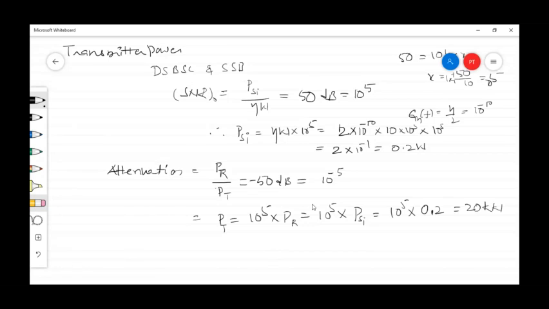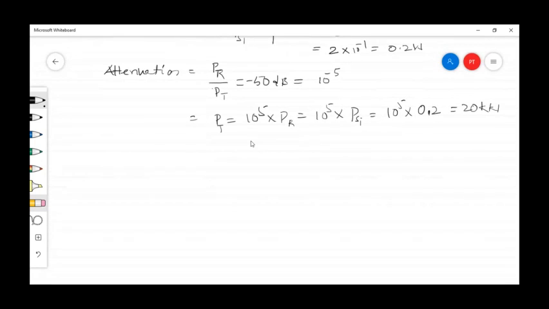If you want to transmit an analog audio signal of 10 kilohertz as a DSBSC or SSB signal, we need this much power. And what about AM? In case of AM, the exact same procedure. For AM, what is the output SNR? Output SNR is simply equal to,